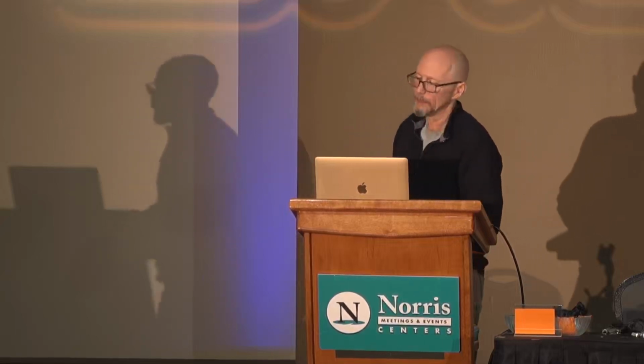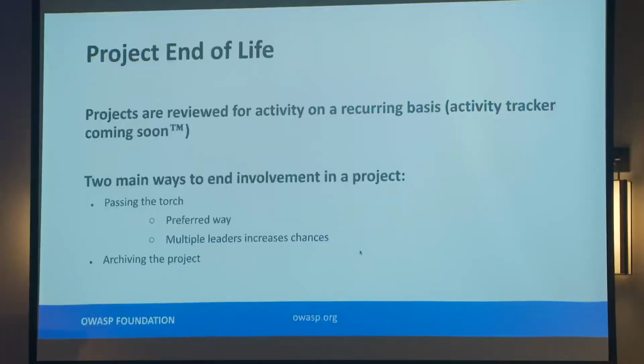Project end of life. At some point, you'll get tired of doing the project, or something happens to where you're no longer able to do the project, and you're going to want to let it go away.